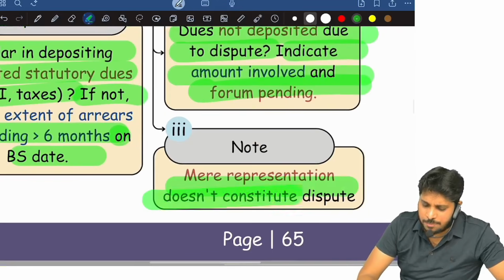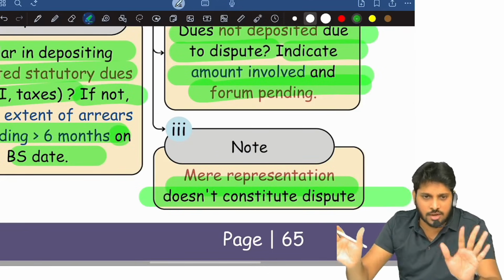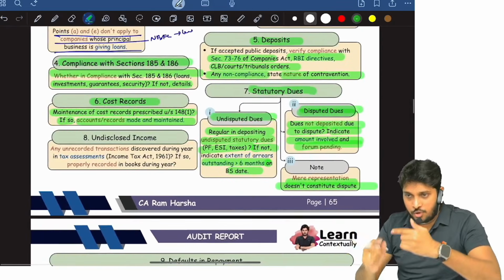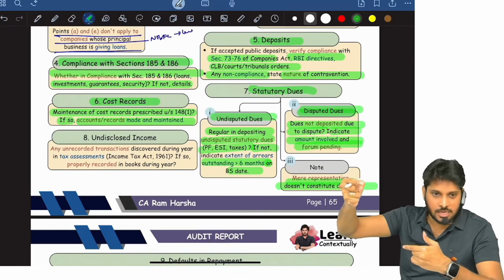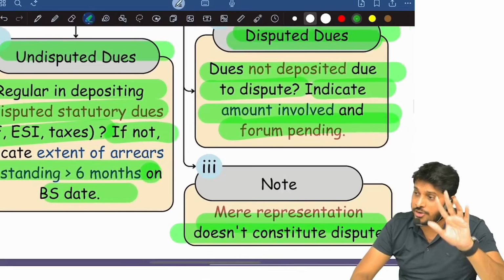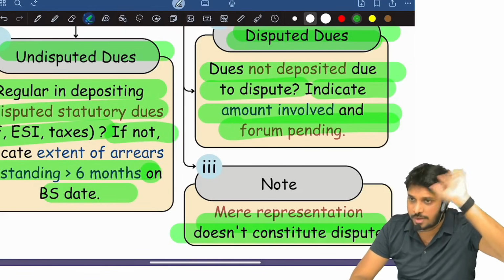Just because you're replying to a department notice, that will not be treated as a dispute. There must be an active appeal, like you must file an appeal against the department. Then only the due is in dispute. That's it. Now for disputed dues, you should disclose where the dispute is pending and how much amount is pending, the disclosure requirement. That's it. Next,